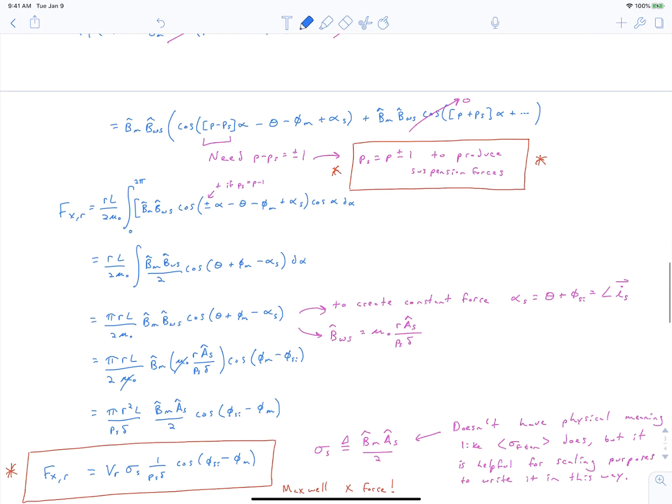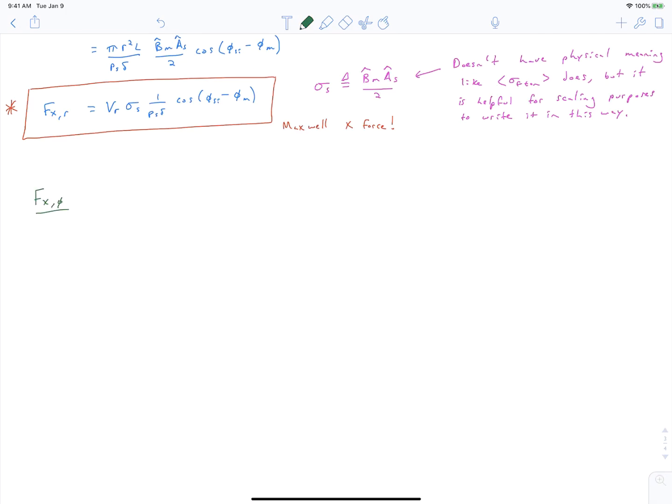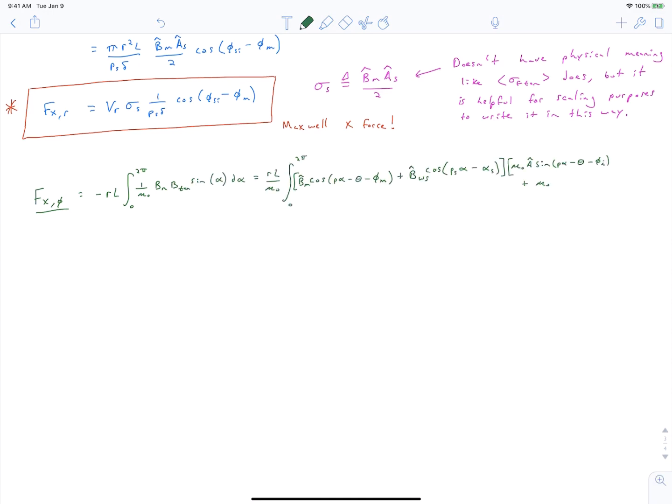Let's now take on Lorentz forces. So we're going to go and do this term now. So we've set up our integral for the Lorentz forces the same way we did for the Maxwell forces. In this case, we're using sigma F tan instead of our normal force density. And here you can see we've got our normal fields, like we've been talking about,